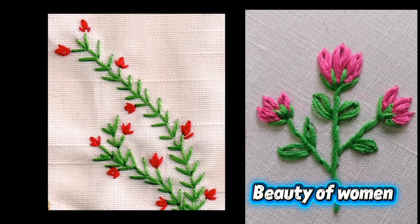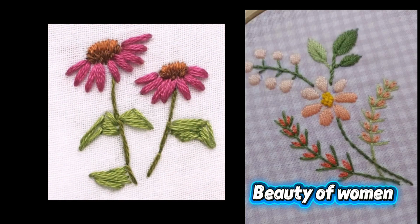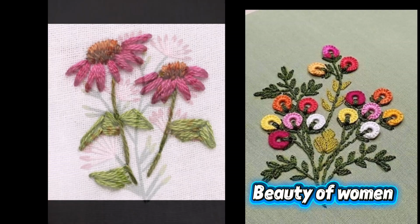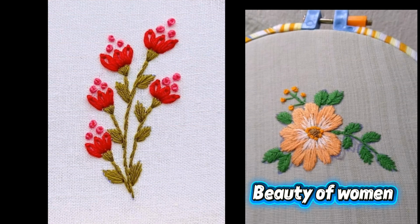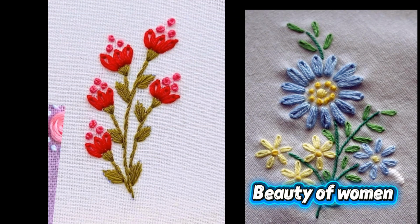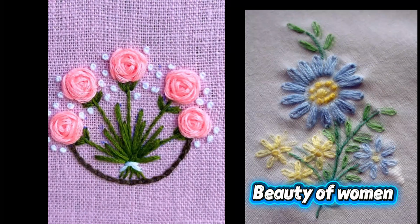One of the best things about hand embroidery is the variety of stitches available. The running stitch is one of the easiest stitches and is often used for outlines. The back stitch creates smooth lines and is perfect for detailed patterns. The satin stitch fills areas with solid color, while the French knots add small decorative details that look like teeny